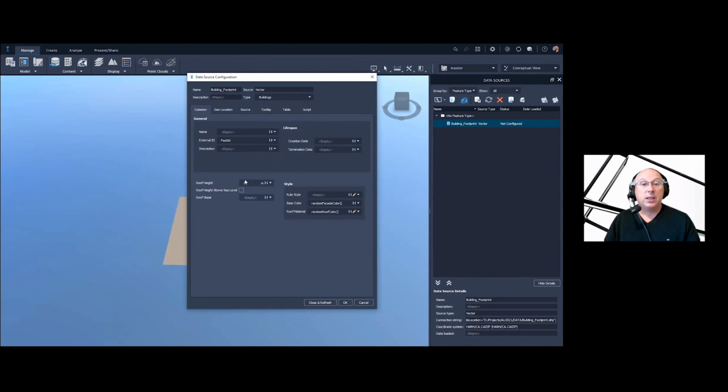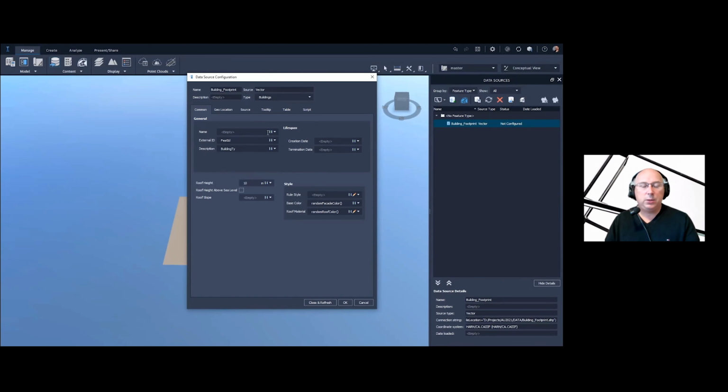And there they are. Now, the default roof height is 10 meters in this case. If you have a column in the DBF, in the shapefile, that has roof heights, I could have used that column right here, but we don't, unfortunately. So I'm going to make them all default at 10 meters. It'd be nice to get data from the county that has the roof heights in it, but unfortunately I don't have it. So I'm going to leave it at 10 meters. Same with roof slope, if I had a column in there. But what I do have is all sorts of building types, so I can actually put the building type as a description.